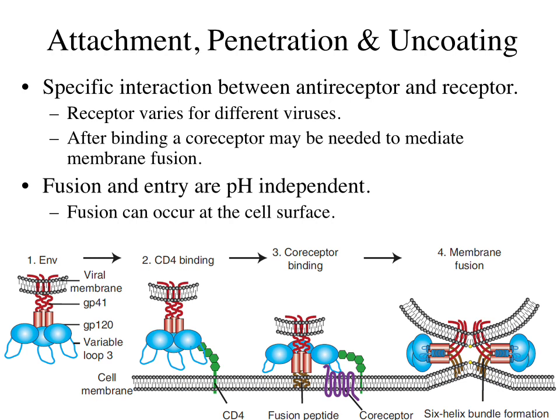GP120 actually contains 3 sugar-coated glycoproteins, and once GP120 attaches itself to CD4, these 3 proteins spread apart. This allows the GP41 protein, which is normally hidden by the GP120 proteins, to become exposed and bind to the chemokine receptor. Once this has occurred, the viral envelope and the cell membrane are brought into direct contact and essentially